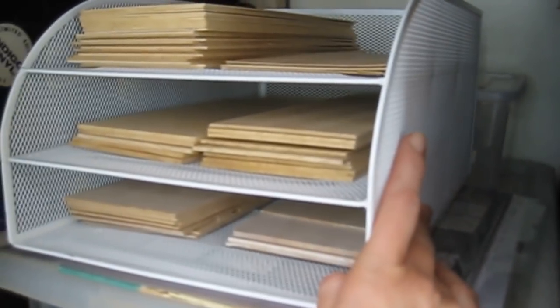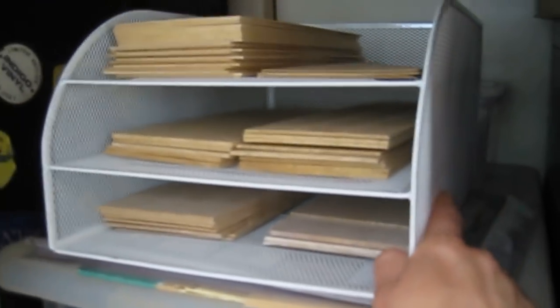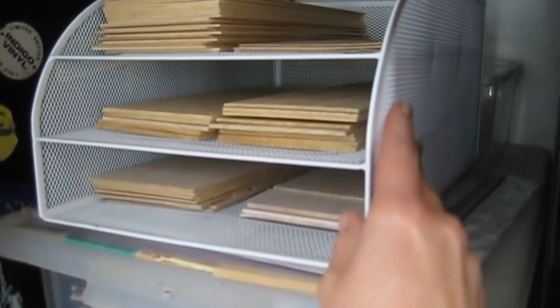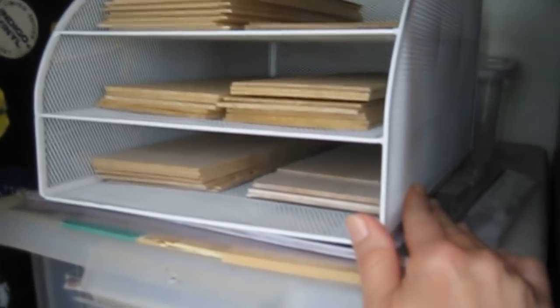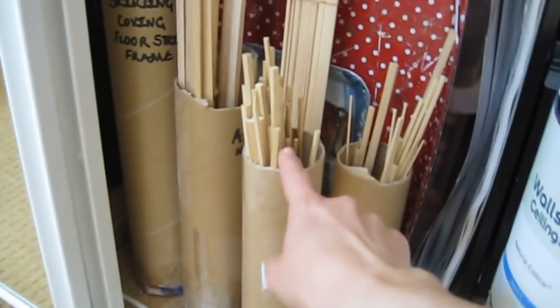And this tray was about £15, and I wanted a metal one because it's really sturdy, but I think you could use this idea and just buy the less expensive plastic trays that you can get, and they would work just as well. And then down here I've cut down some postal tubes, and I've got all of my strip